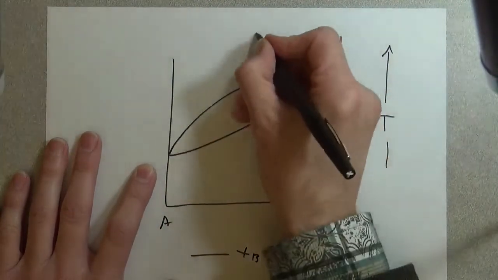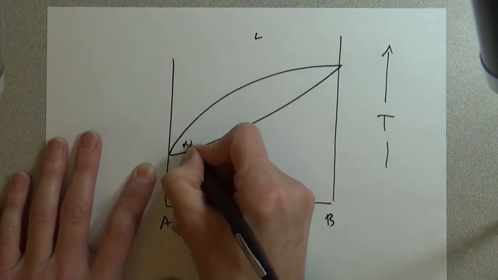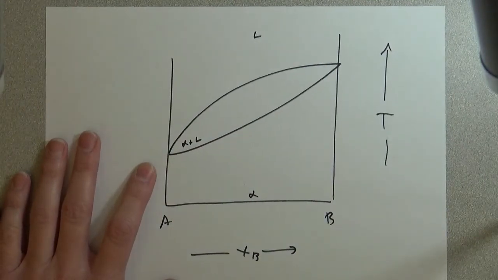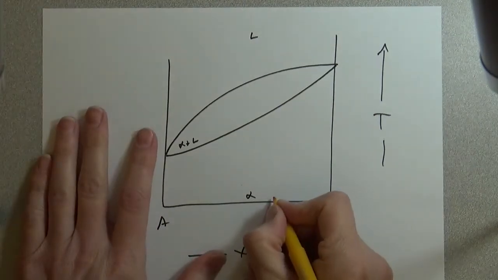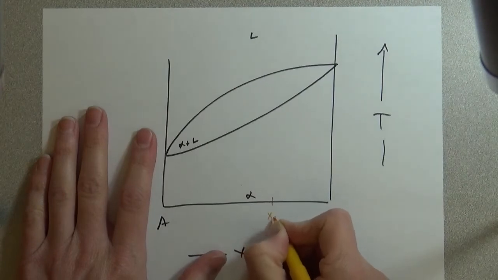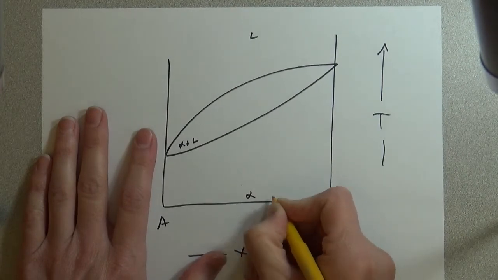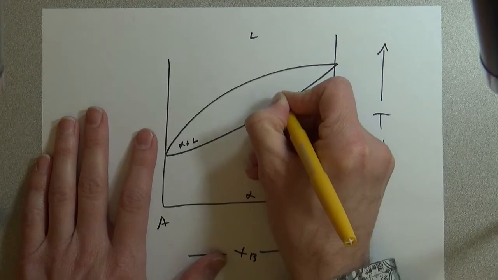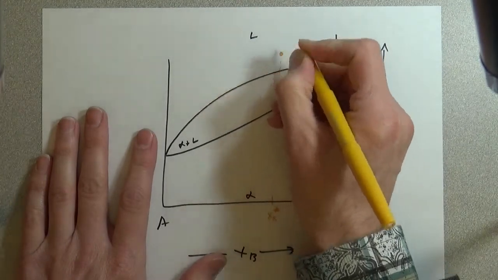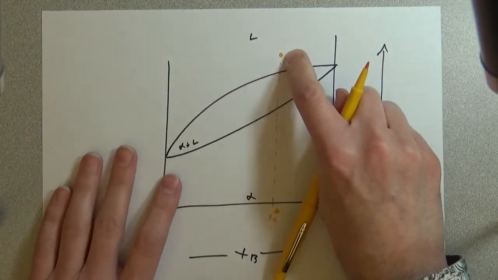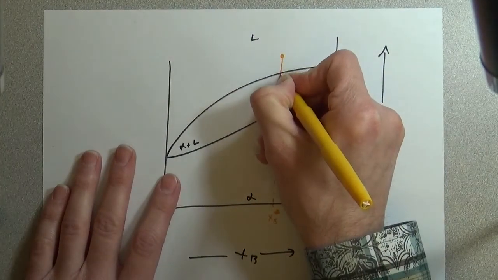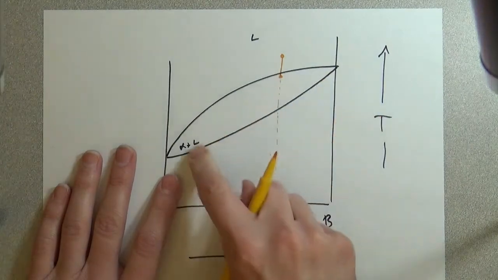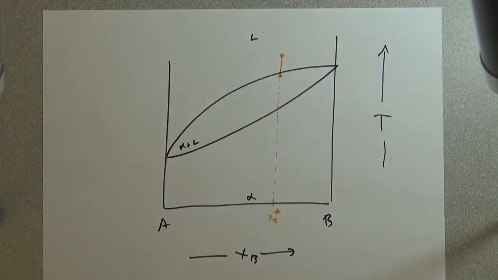We've got liquid, alpha, and alpha plus liquid. Let's say that we pick a composition here at XB star. Okay, so we're in liquid. We know the composition. If we then cool down to the point we just cross and start forming a solid,